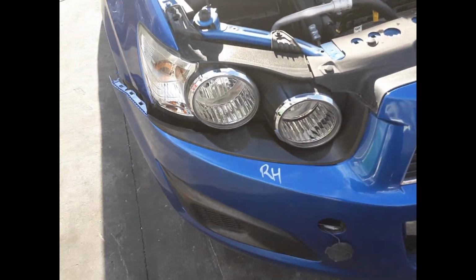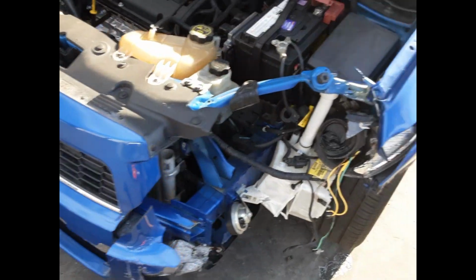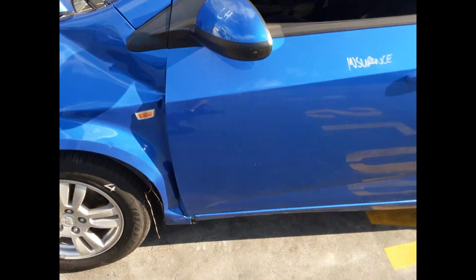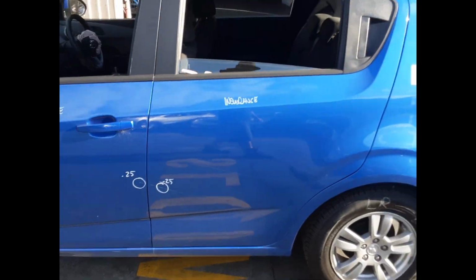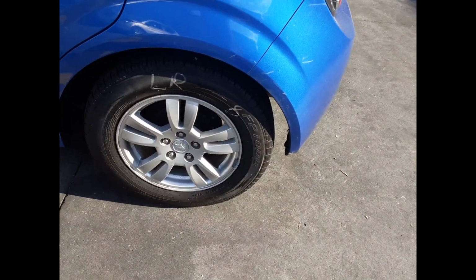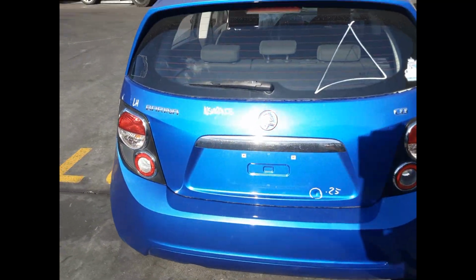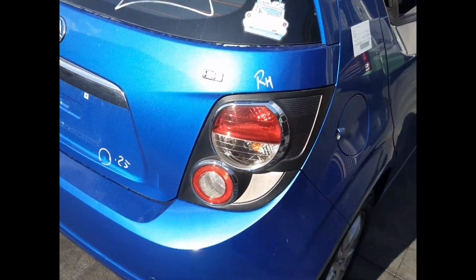We have the right-hand headlight, the radiator grille, left front 15-inch factory alloy mag with a good tyre, left power door mirror, left front door has one small dent, left rear door has one small dent, left rear 15-inch factory alloy mag with a good tyre. We have the left-hand tail light, a tidy rear bumper cover, tailgate has one small dent, right tail light,